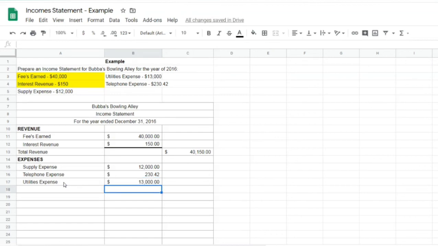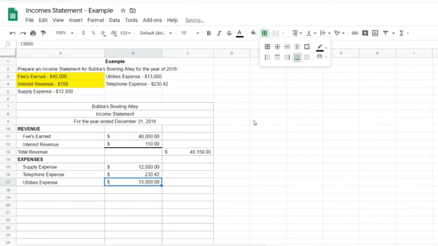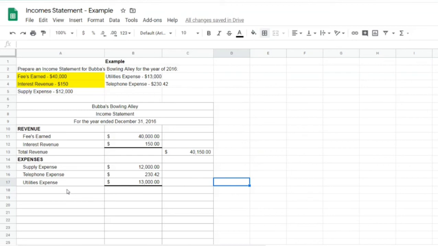All right, that is all of our expenses, so we want to do that underline, okay? Google is smart enough to remember your preferences from before, so it will keep it a nice thick black border, so all you have to do is go to bottom border, okay? And then that will come there for you. Okay, so our next line was total